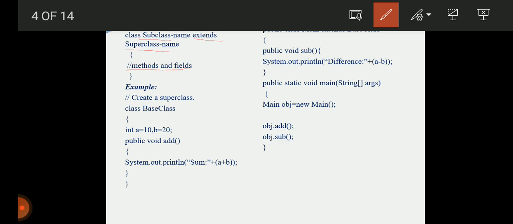First, the base class, that is the superclass, where we have defined the data members A equal to 10 and B equal to 20. Then we have the method add of, inside which A and B are added and printed.